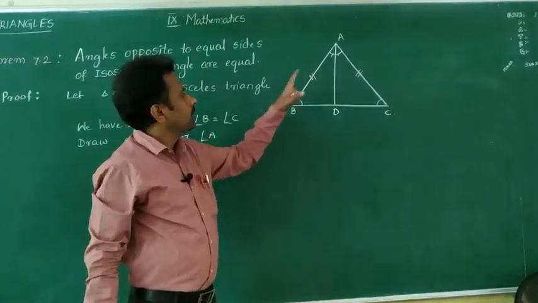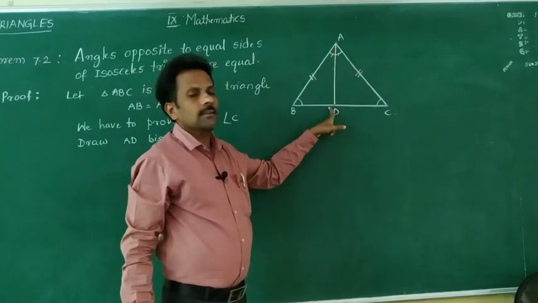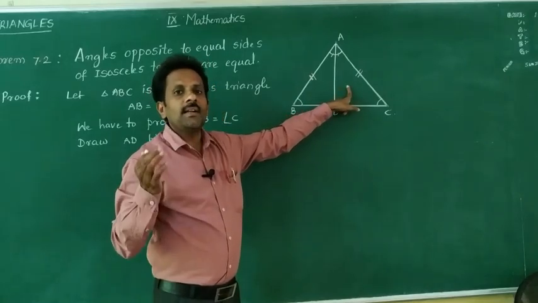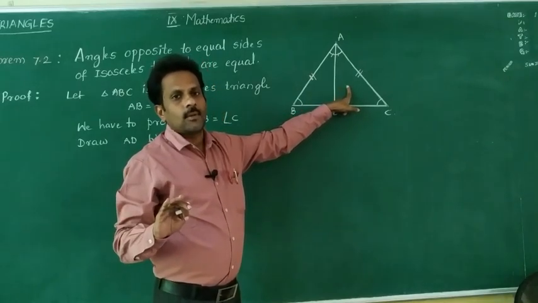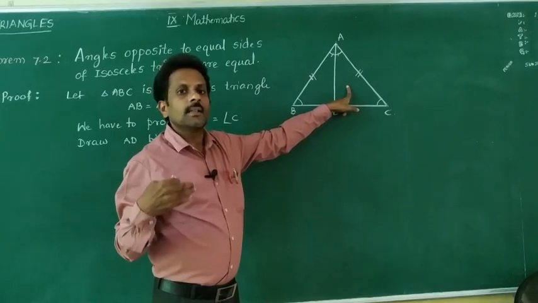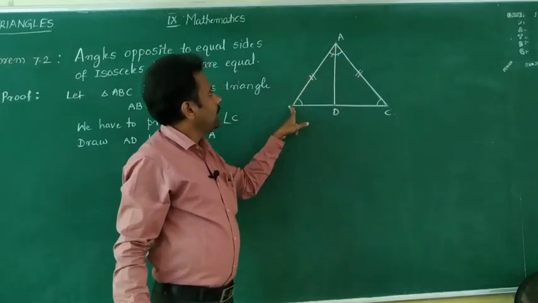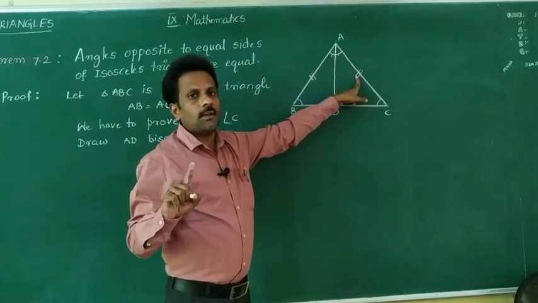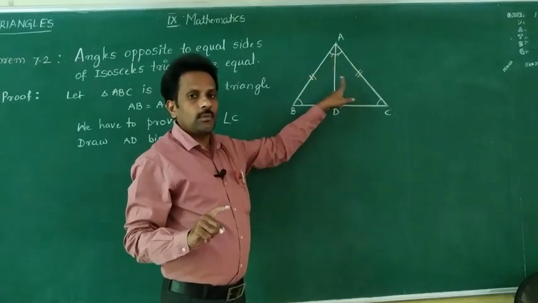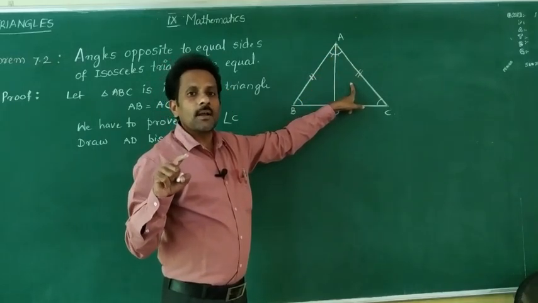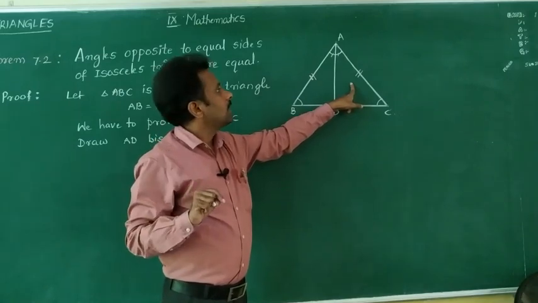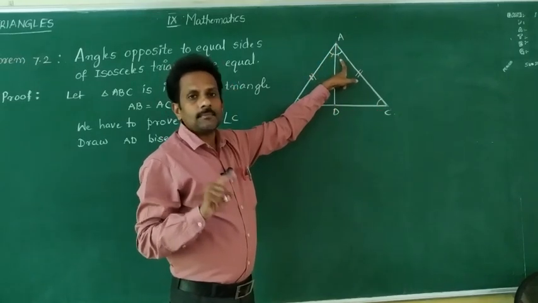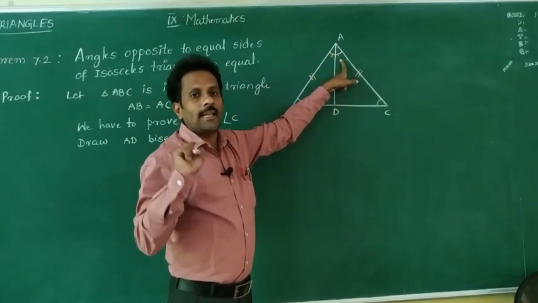Now you can observe two triangles, children. What are the two triangles? One is triangle BAD and one is triangle CAD. In both triangles, let us observe the matching parts. AB and AC, one pair of corresponding sides, are equal. Now AD is common for both. That means we have two pairs of corresponding equal sides, and we already said that angle BAD and angle CAD are equal, one pair of corresponding included angles.